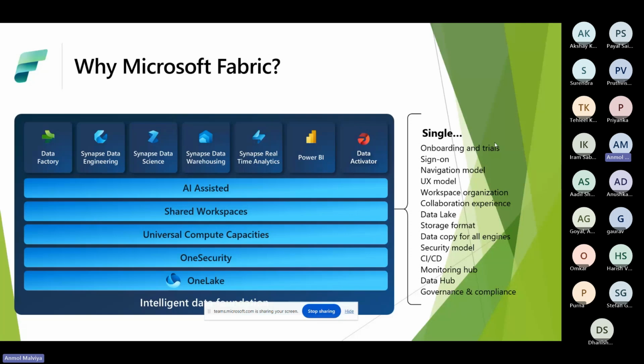Earlier, we had to purchase a different license for each requirement. Let's say I want to store my data, so I have to purchase the costing for a data warehouse. Then if I want to create Power BI reports, I have to purchase a license for Power BI. There are various other tools for which we have to search individually, and it's hard to manage all of them. So Microsoft introduced Microsoft Fabric, in which they have combined all the technologies inside one umbrella. We just have to purchase the Microsoft Fabric license and we will get access to all of these.